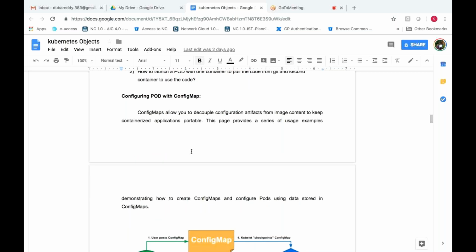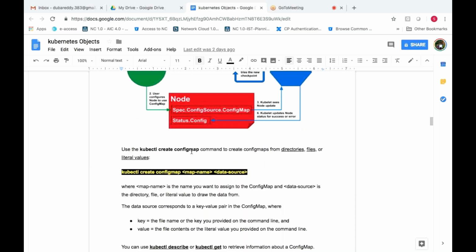Okay, let's say in the container, if you want to pass some particular configuration files, it is now not required to use the scp command to copy after the creation of the pod. While creating the pod itself, you need to initialize the container with the configurations which you want to pass. Customized configuration, whatever it is, they want to launch with those customized configuration files. So if you want to pass it, you need to use a config map. You can pass the config map directly, or you can store it in a volume and attach it to the pod. So there are multiple ways. Both the parts we have covered.